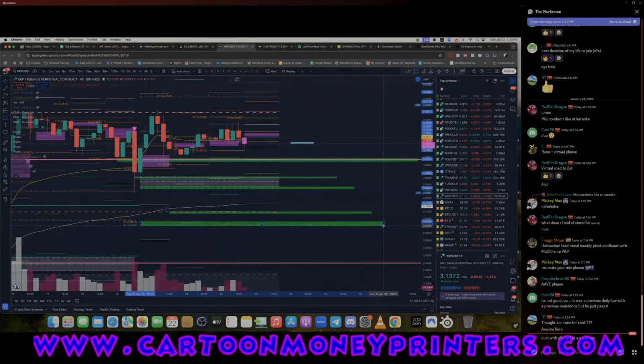Now we're just going, you know. I don't really usually feel the need to put more than 3 or 4 levels, but this would be a really strong one, but it's way down here. Center of the weekly and a monthly pivot right here. So this is XRP. All right, so we're looking at 243, 265, 271, 285, 292, and 302. I mean, that's more levels than I would normally use, but this is XRP, and